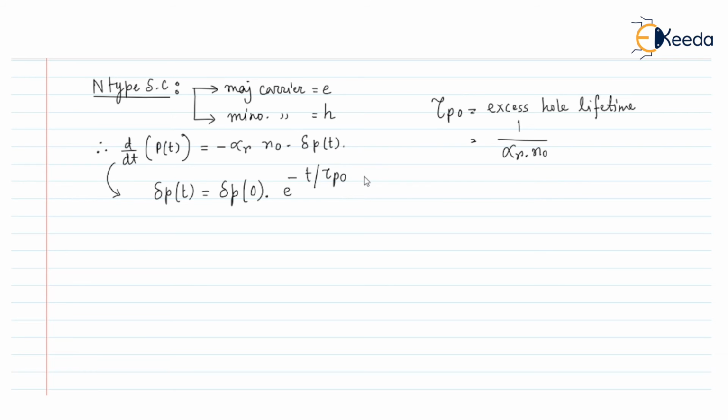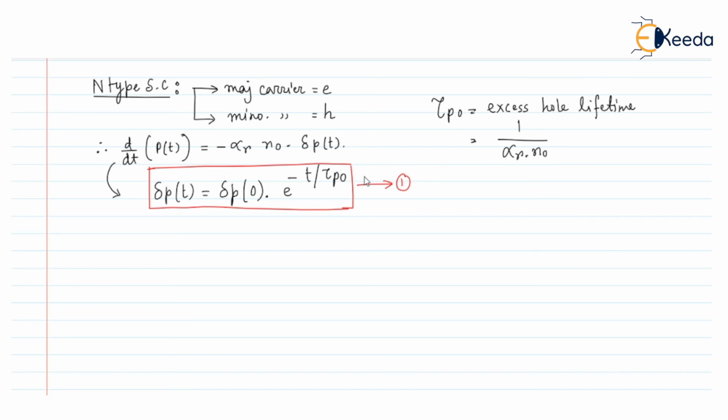So this equation gives the excess hole carrier concentration inside the n-type semiconductor for